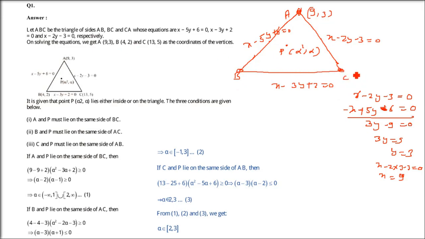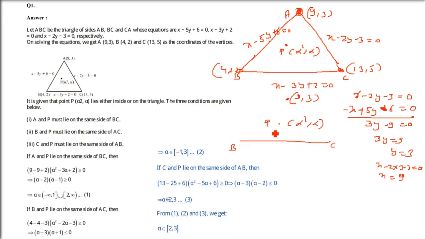Okay, now this is done. Now come to the logic. Let me write what you are going to get exactly: 13, 5 and 4, 2. Right. Now watch very carefully. One thing I am going to tell you, two things come, the other two things will come. So if I have a line, say BC of this triangle, a side, then point P is here, which is alpha square alpha, and there is a point A, which is 9, 3, as we just found.